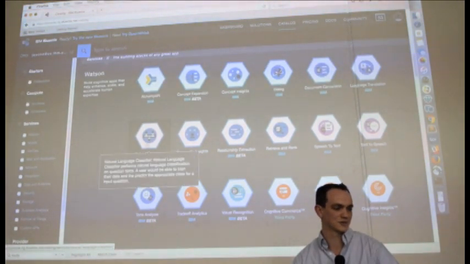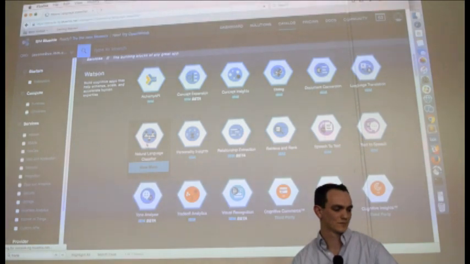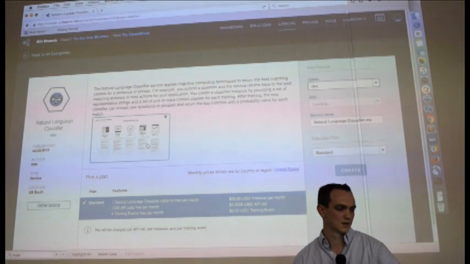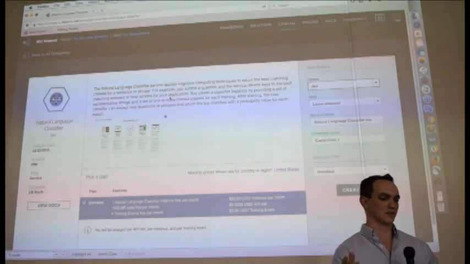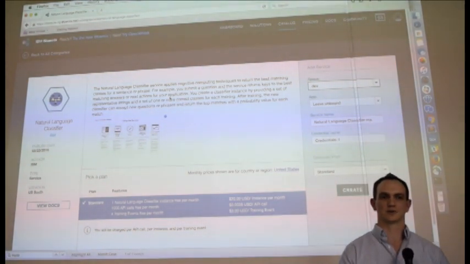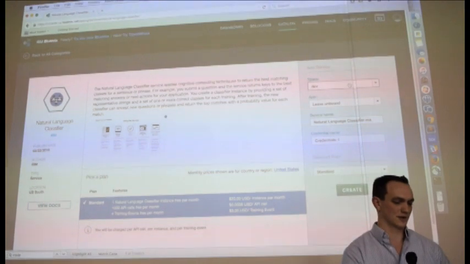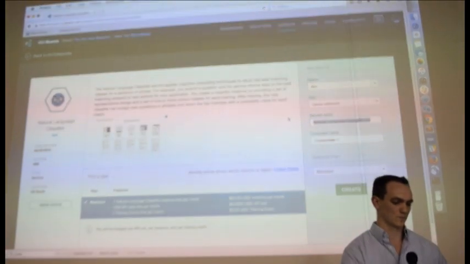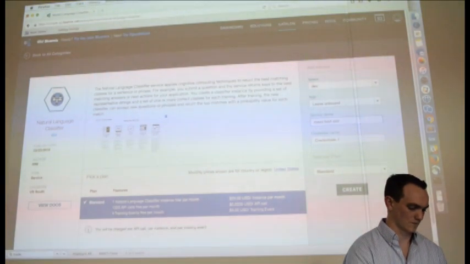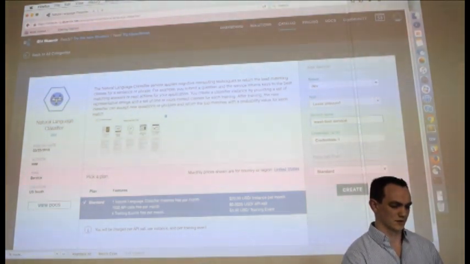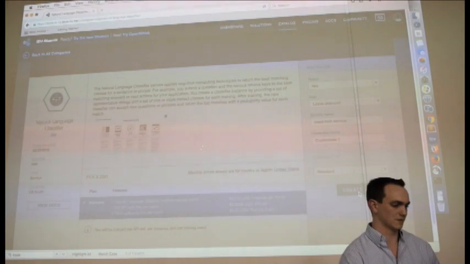We're now going to go to the natural language classifier. Here's documentation if you wanted to see what limitations there are and how you want to set up your training set, all that's notified here. Give your service a name and then click create.